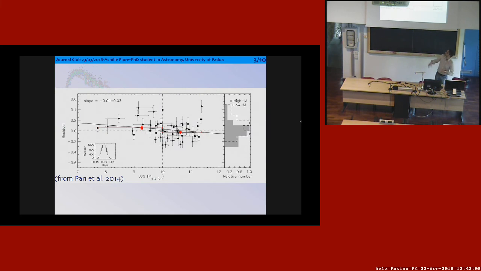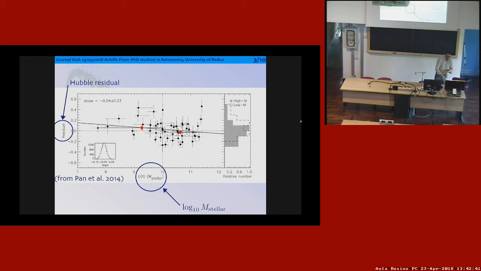I show you here an example. This is the Hubble residual on the y-axis, and on the x-axis there is the stellar mass content of the galaxy. It is just a proxy. I could also have used star formation rate, for example, and you see that there is a trend. It is tiny actually, but anyway, there is something that cosmological surveys have to correct in order to estimate properly